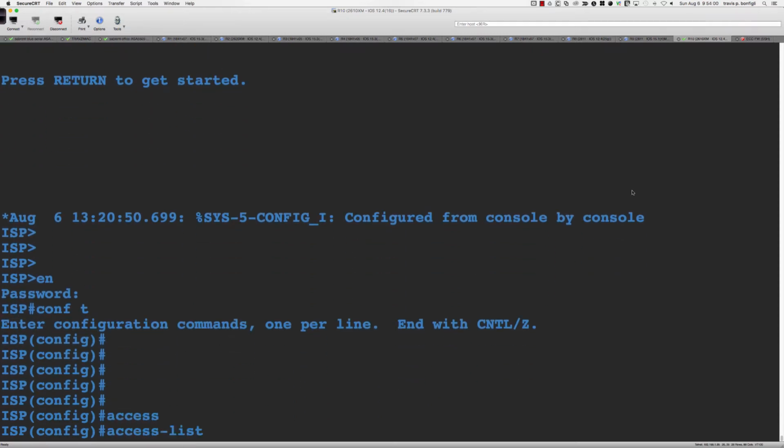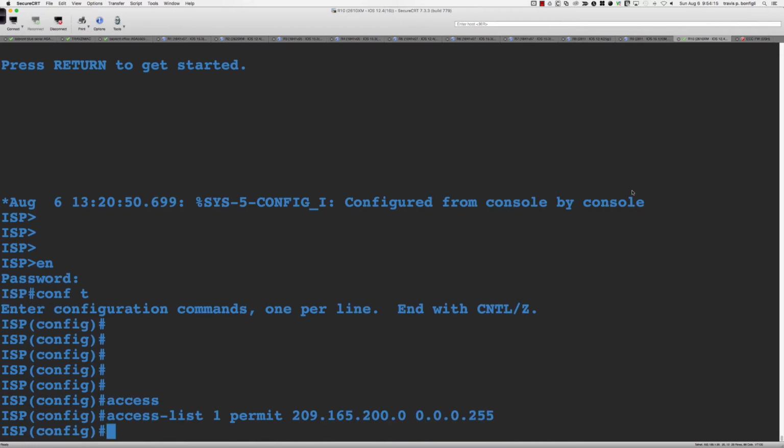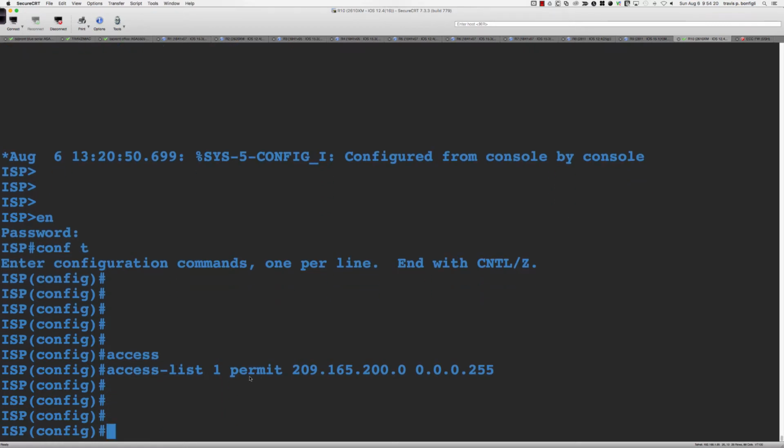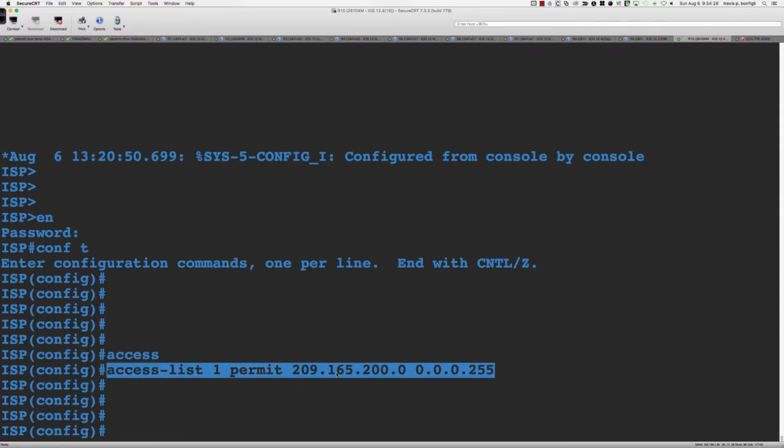So I'm just going to say access list 1 permit from 209.165.200.0, and then 0.0.0.255. So we'll make it a /24. Basically, that's an ACL that says permit traffic from this network, right? Now, this is just simply a layer 3 ACL. I'm basically saying permit any traffic from that source network, right? From the